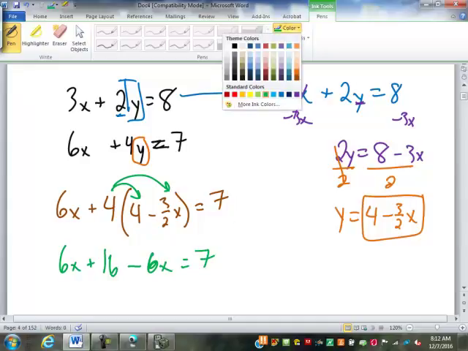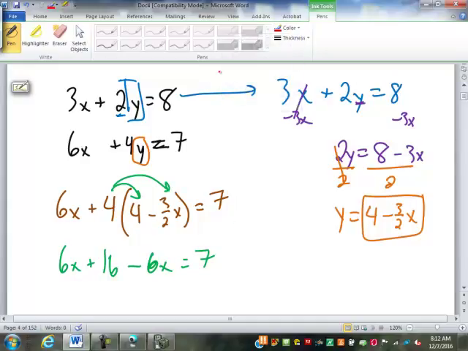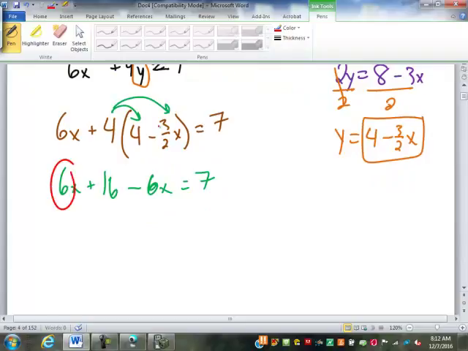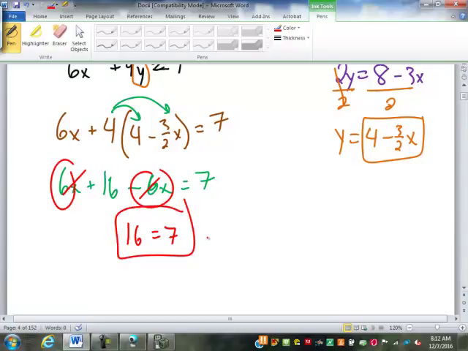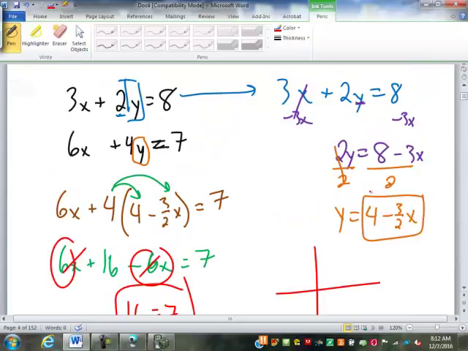Now what? 6x and negative 6x make 0x. It cancels out. So I got 16 equals 7. What's that mean? It doesn't work. Are there any values of x and y I can put in there that make 16 equal 7? No. If I were to graph these two equations here,